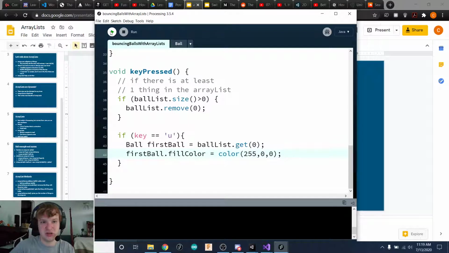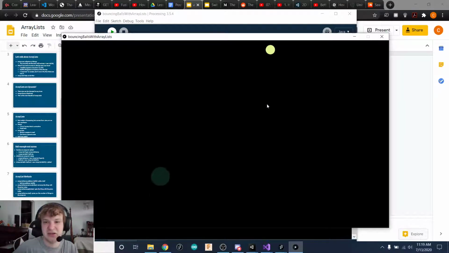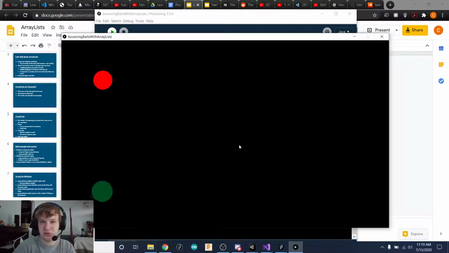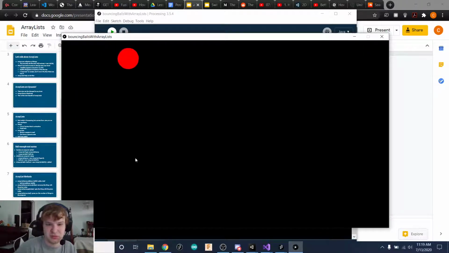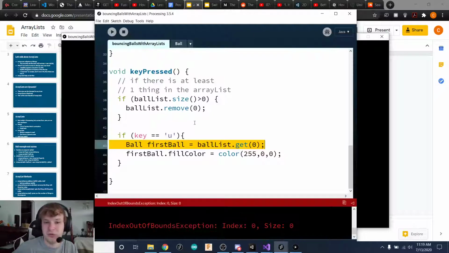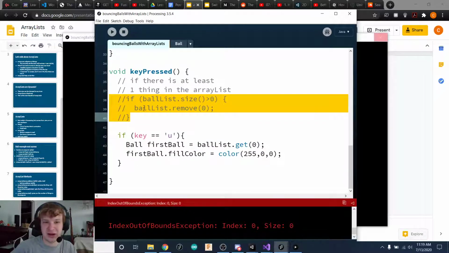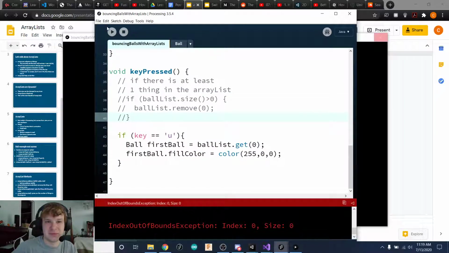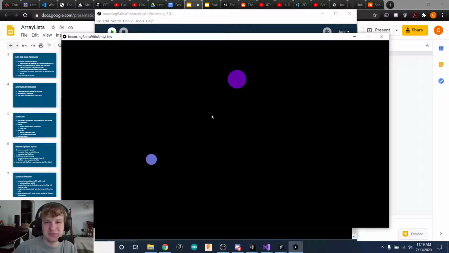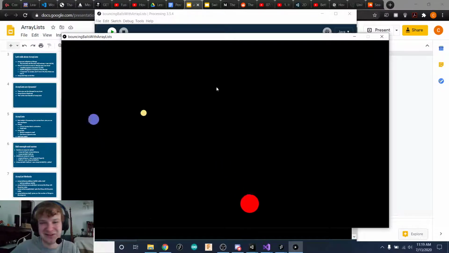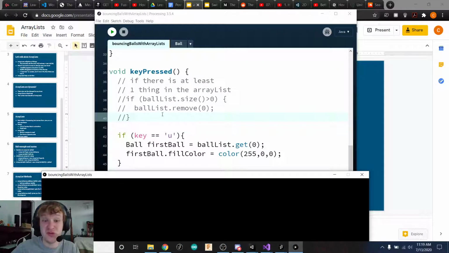Save it. Press play. Let's add some balls. So this light green one is my first ball. I press the U key. Oh, and it removes something first, though. Interesting. Yeah, so actually, let's not remove it for right now. So that purple one's the first one. If I press the U key, it made it red. So it flipped out before because it removed something and then did it to the first ball, so it kind